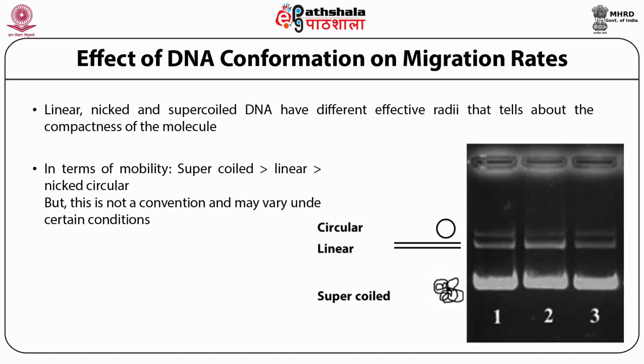Conformation of the DNA. The conformation of the DNA molecule has a significant effect on the movement of the DNA. Supercoiled DNA usually moves faster than a relaxed DNA as it is tightly coiled and hence more compact. Thus, the superhelical circular form, nicked circular form, and linear form migrate through the gel at varying rates. Under standard conditions, the supercoiled form migrates the farthest, followed by the linear, and the nicked circular, which migrates the slowest.